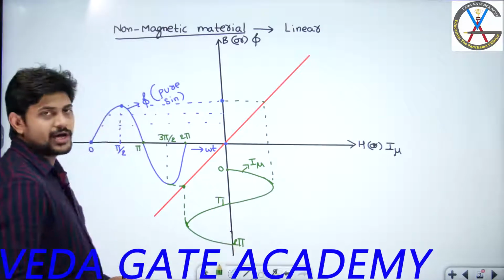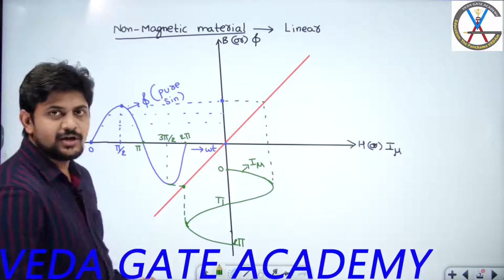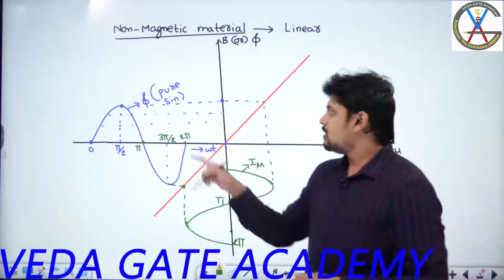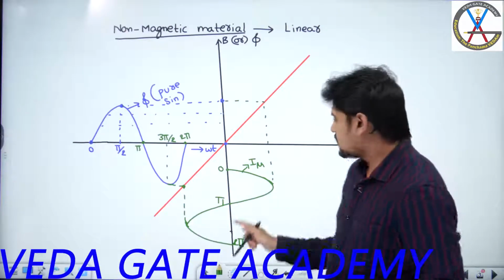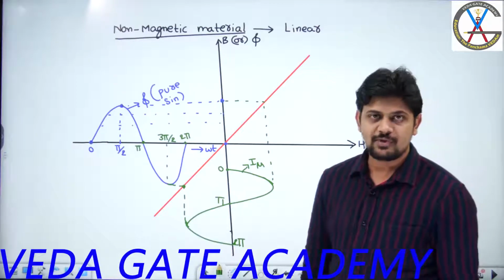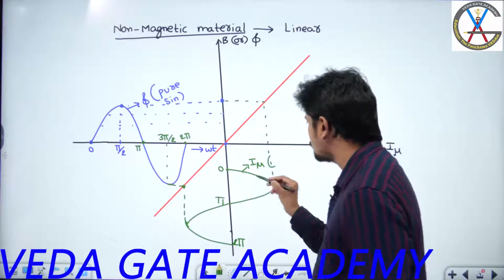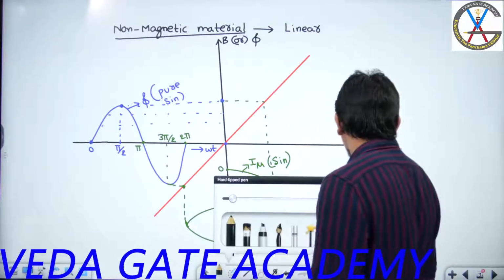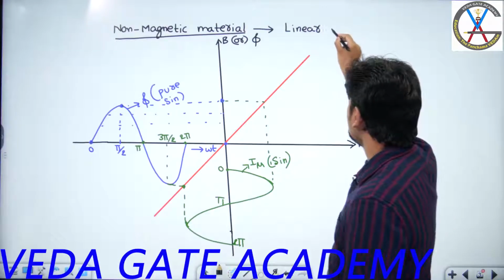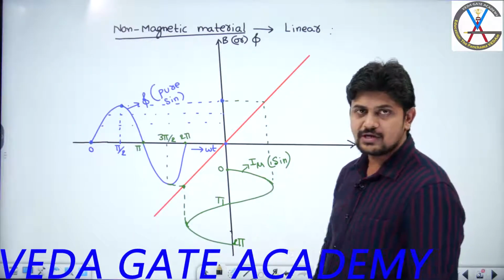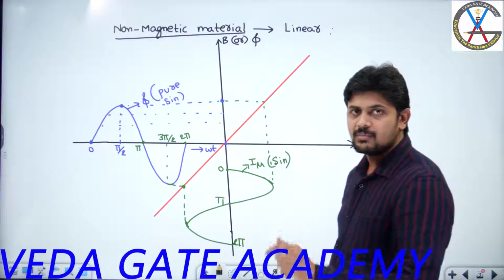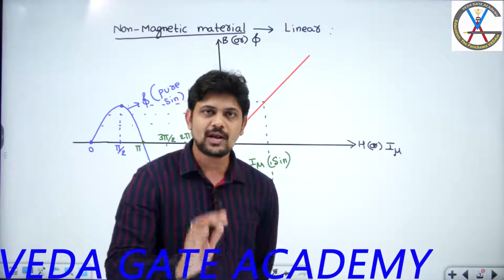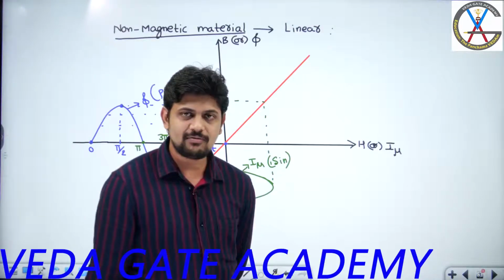The point I would like to communicate from this discussion is, if you are taking a linear machine where the core is designed with a non-magnetic material, in order to produce a pure sinusoidal flux, the magnetizing current drawn by the transformer from the supply should also be pure sinusoidal. So what is the conclusion we are getting? For a linear machine, in order to produce the sinusoidal flux, the magnetizing current drawn by the transformer terminals from the supply should be pure sinusoidal. Are you following what I am saying? Have you understood the conclusion?